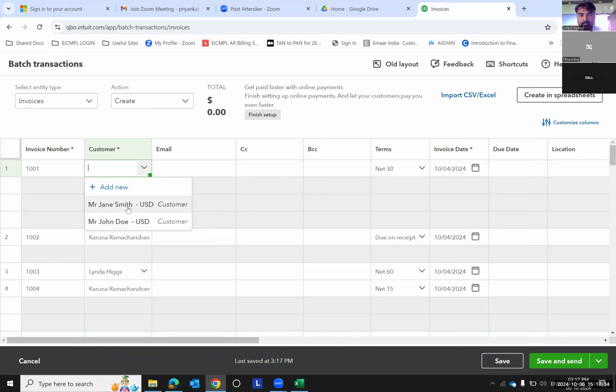There are two customers. Which one are they saying? You can select anyone. See, the customer which you imported from the Excel sheet is not coming. That is why you got blank over there. Okay. Now you can